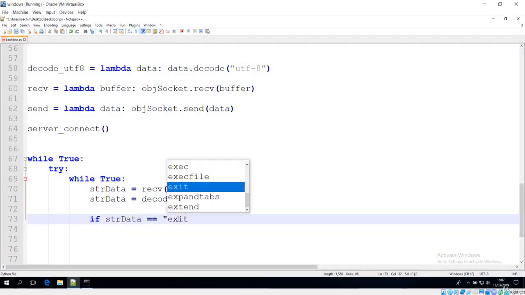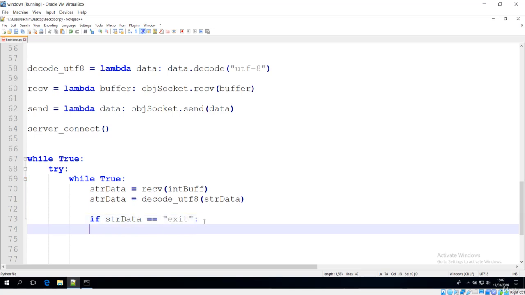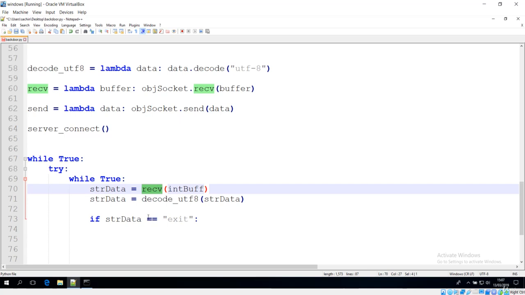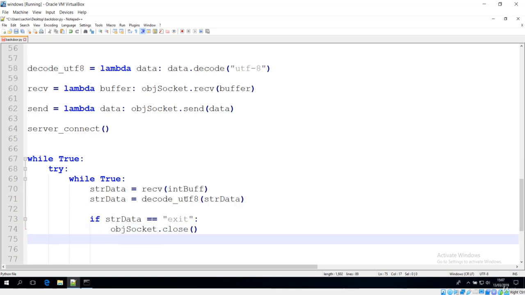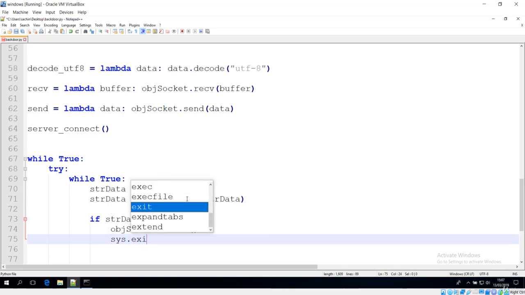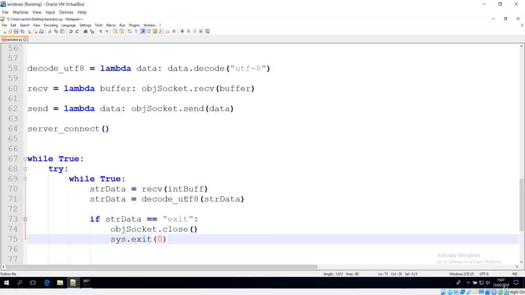If the message is sent by the server, which is our Kali Linux, and we can see that this receive method is going to get that data for us, and we have decoded it in the client. The next thing I want to do is, if this is the case, close the connection using this object socket, which has this close method, and then exit from the system. That is done by this system exit. So we have successfully completed the first syntax.